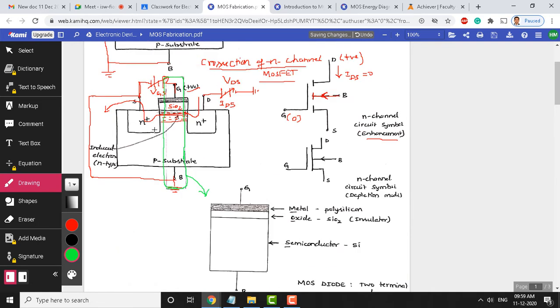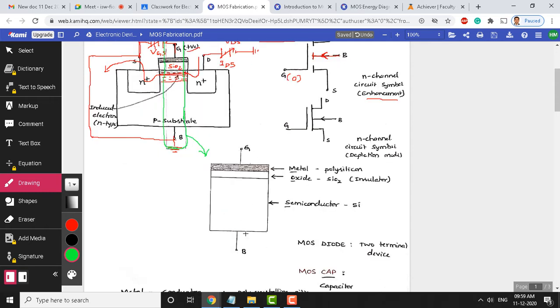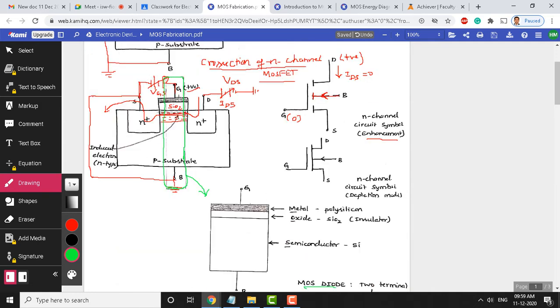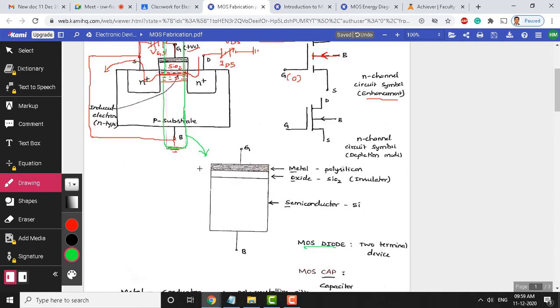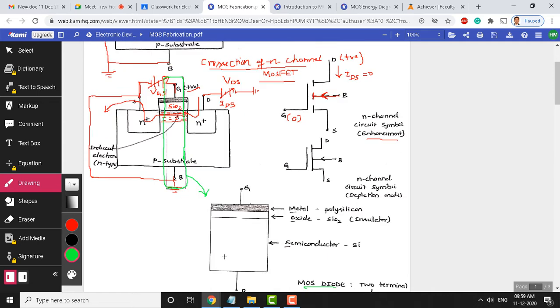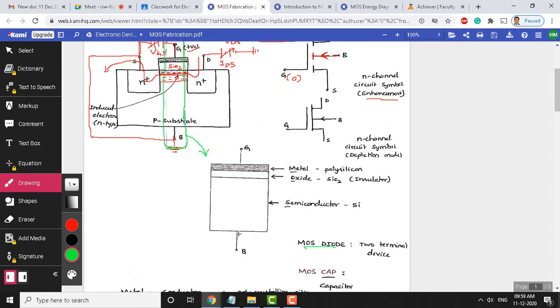Now, if I extract this green portion, this becomes a 2 terminal device. This can be called a MOS diode, because if you understand the charge flow within the gate region, then the entire MOSFET working can be understood in a better way. So, let us extract this portion, and you can see we have written the gate terminal, and there is a bulk shown below, and the rest of the regions we are ignoring. Let us now try to understand the MOSFET as a 2 terminal device, only with gate and bulk.